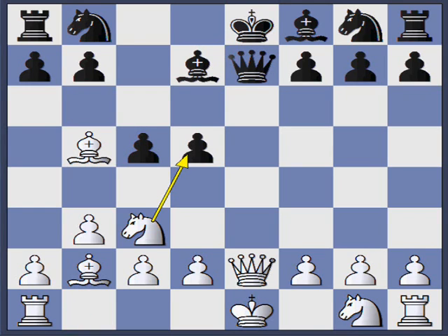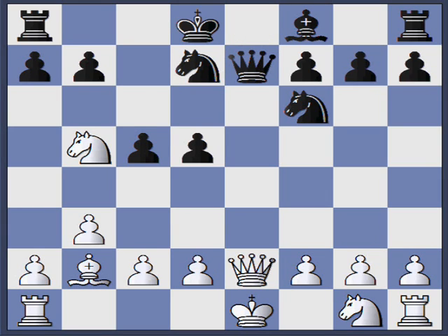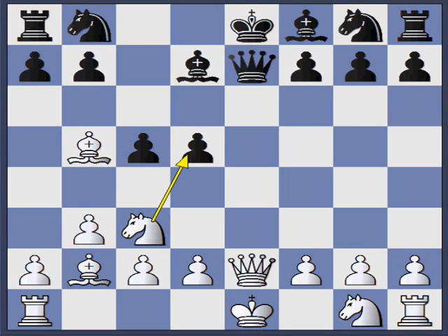After Knight c3, now Black could play Knight f6, take, Knight b5, and after King d8, White seems to be in charge, but it's not a very big advantage, but it's still a very uncomfortable advantage, I think. So, Van Wely chose to trade on e2, queens,